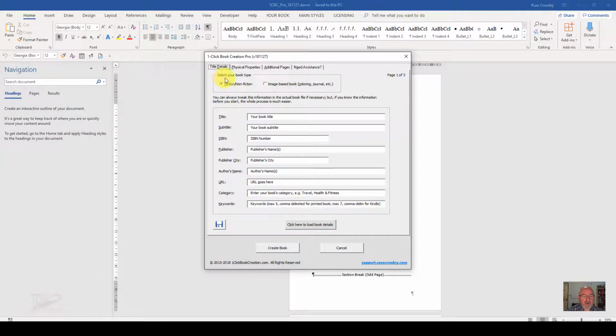Now, as you can see here at the top, we have a series of tabs where you'll enter your book information. Then you can select your book type. We either have a fiction or a non-fiction book, basically a textbook, and then you can have image-based books. And then here's all the title details that you'll need for Kindle or Lulu or Ingram Spark or wherever you're